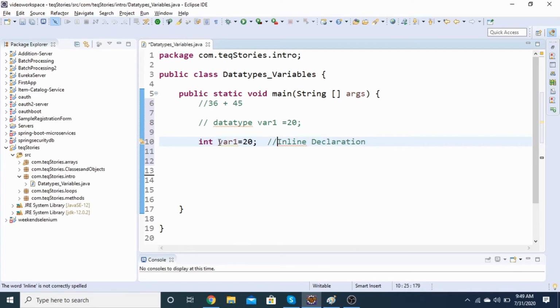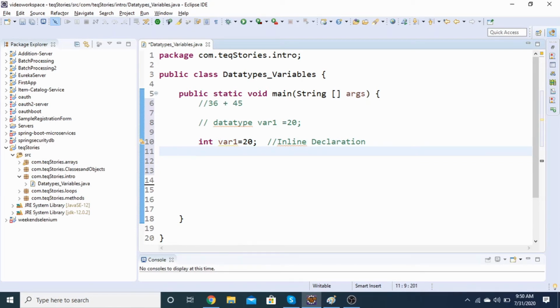I am declaring the variable, that there is a variable var1 supposed to be there, and the value which should be stored in this block which is being pointed by the variable var1 is 20. This way I have said that var1 is a variable name which is pointing towards an address where the value 20 is being stored. In a similar way I can go ahead with n number of things.